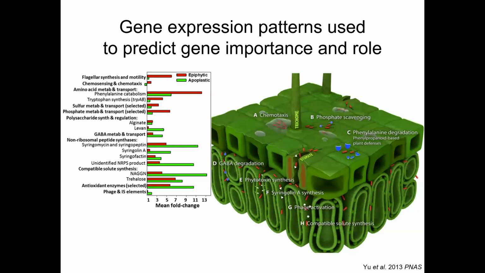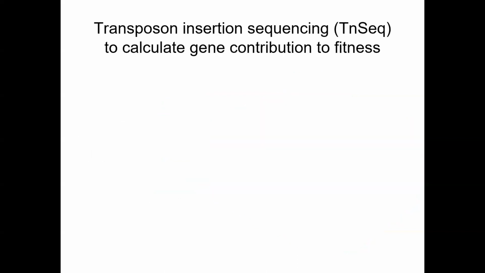Typically, when you've identified genes that are potentially of interest in a method like this, you'll want to test this. Often what people do is make knockout mutants and test these for growth phenotypes one by one. And this was really my motivation for setting up TnSeq in this system. Early in my PhD, I constructed and screened many single gene knockout mutants where these genes were either highly up or down regulated in planta. But these mutants often had no growth phenotype. And so this led to my interest in TnSeq to functionally examine gene contributions to fitness in a random and